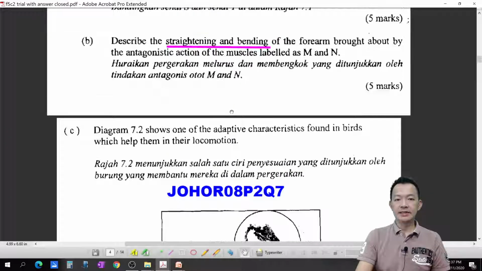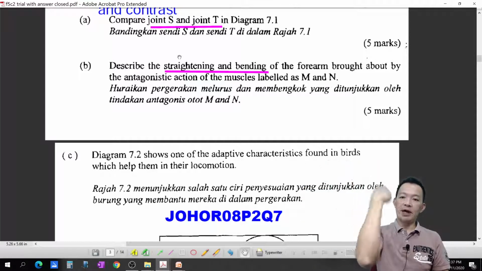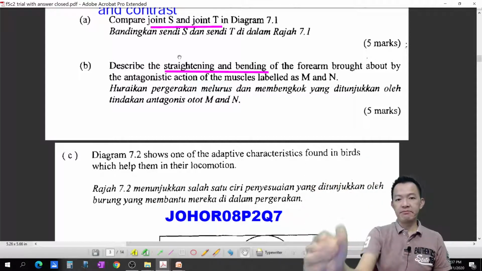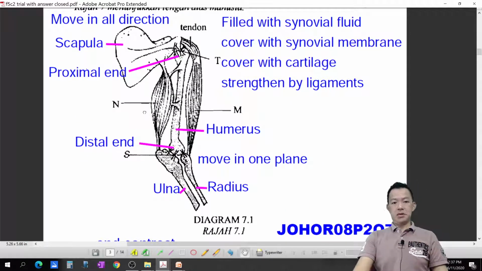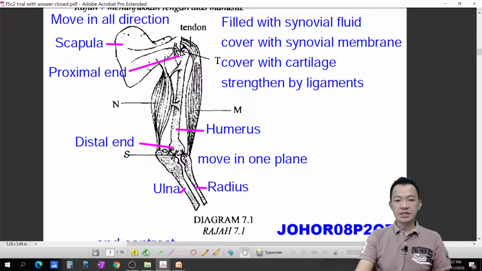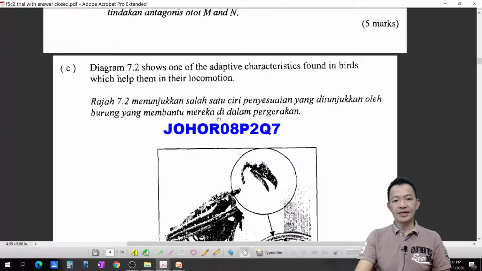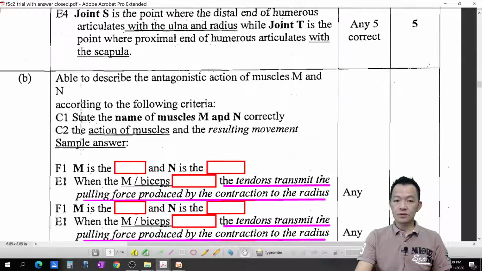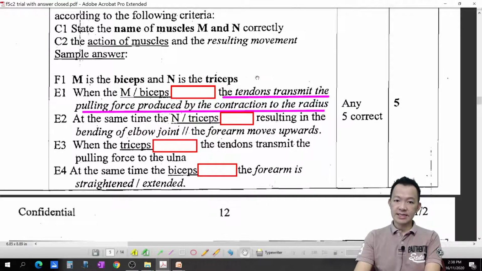Next part B. Describe the straightening and the bending of the forearms brought about by the antagonistic action of the muscle labeled M and N. Muscle M 还有这个 N。M 是谁呢？Bicep muscle. N 呢就是 tricep muscle. So bicep, tricep, how they make your hand become bent or how they straighten the forearms. 它怎样给你的 forearm 弯，怎样给它直呢？M and N. OK, simple 了。我们曾经抄过这个故事，对不对？